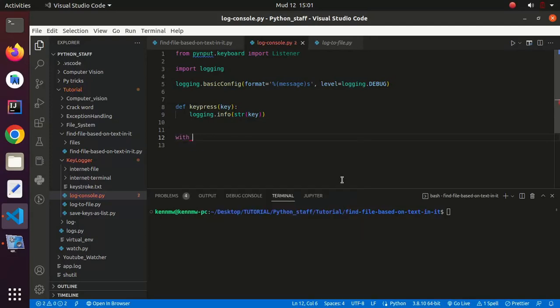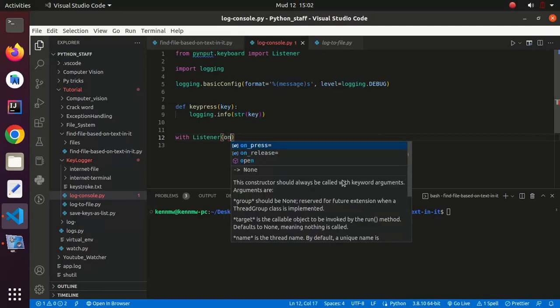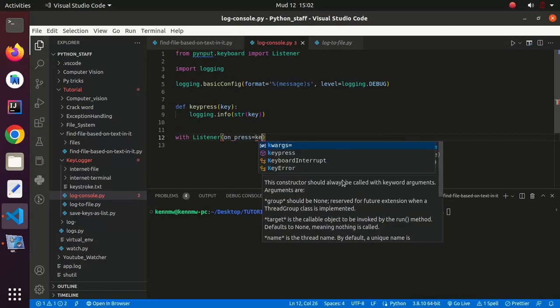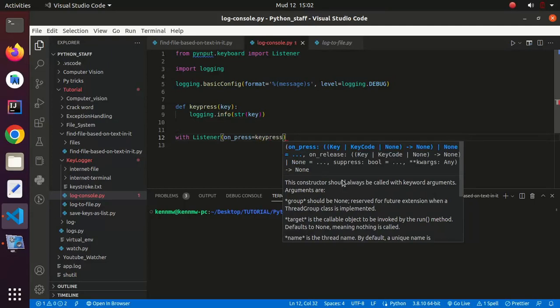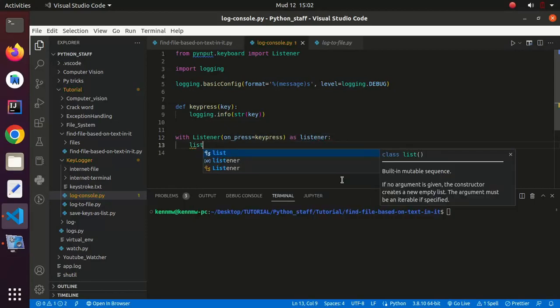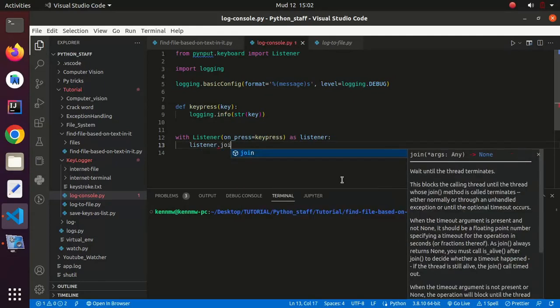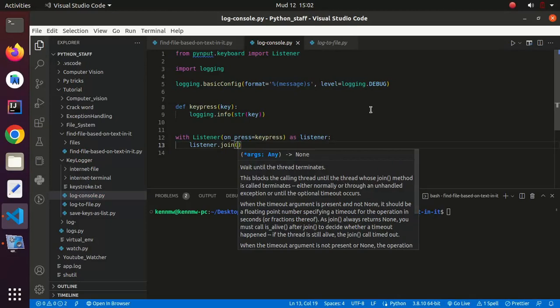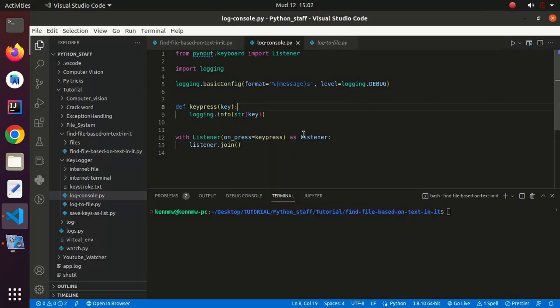So now using the with context, we'll have with Listener, and I have the on_press method as key press as listener, then we just call the join method in the listener. So that is it. If you run this script here,